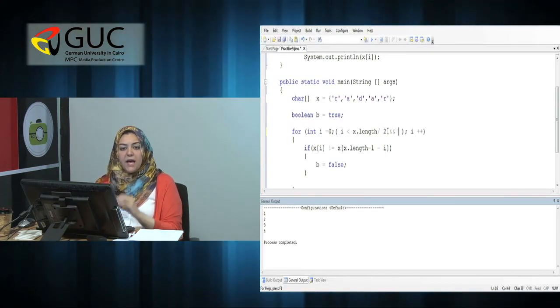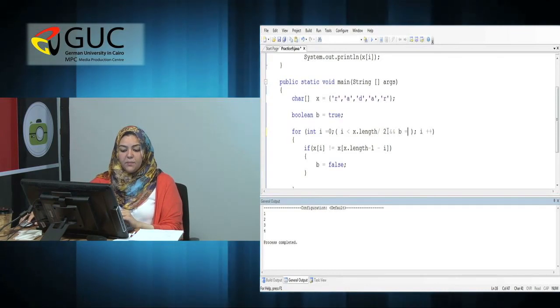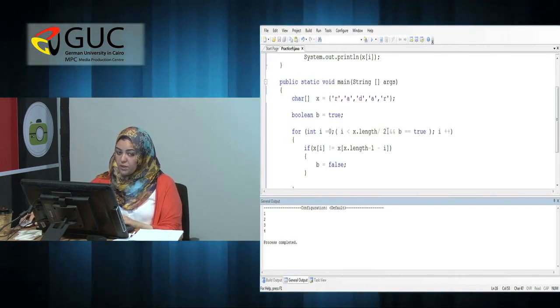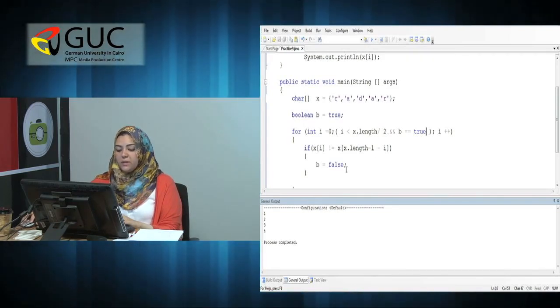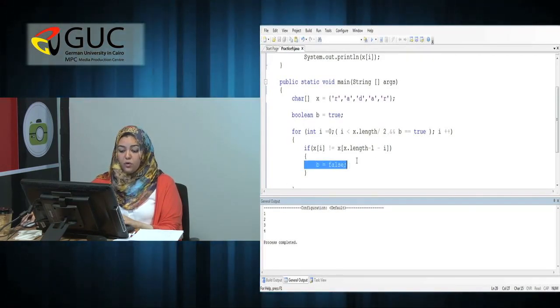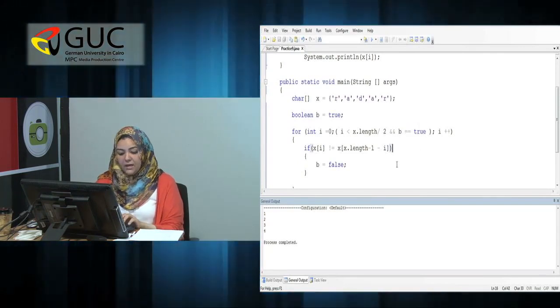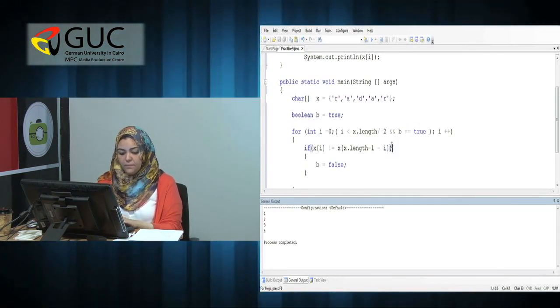Which means at the point that b is equal to false, you should break out from the loop. So this condition will be false, I will not be able to access this for loop anymore, and I will go out from the loop, and I want to print